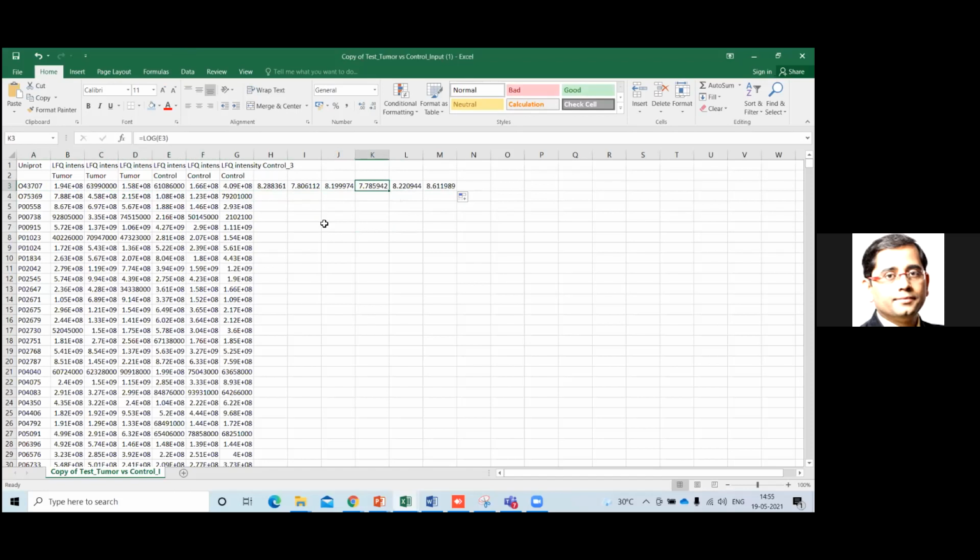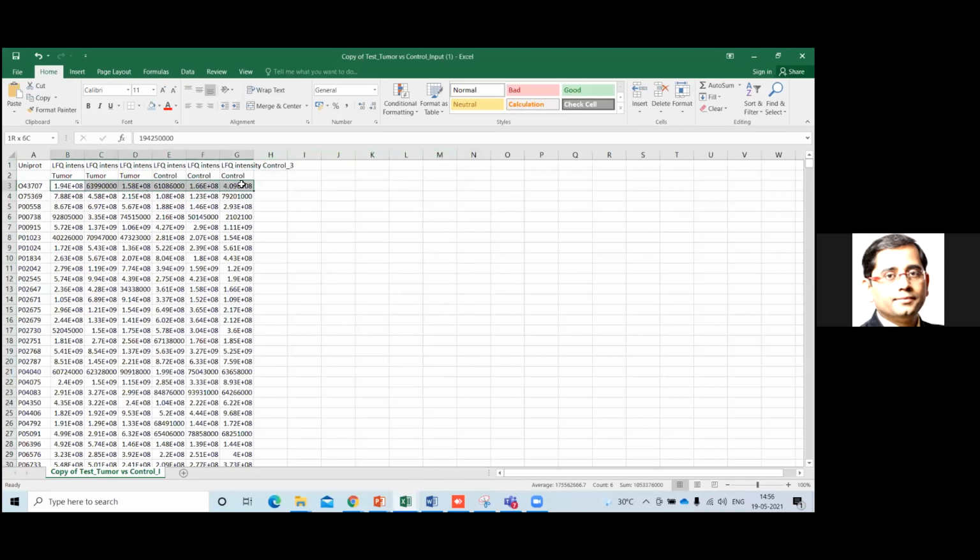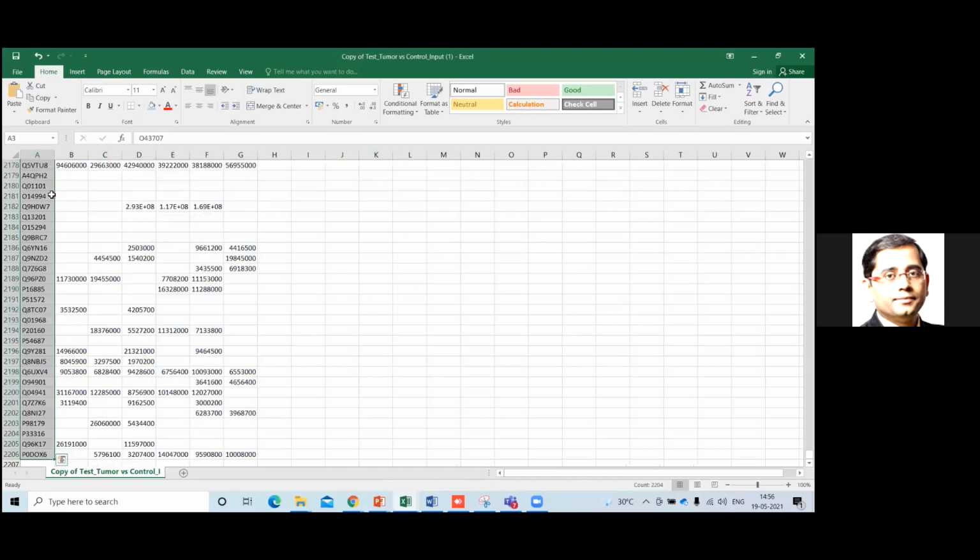However, for the control, this is 7.7, 8.2, 8.61. So this is a small quantity. That means how much of the protein is present, right? Now, I have just shown you for only one protein. Now, for example, we have to see for all these proteins, right? Which is 20 to 106.